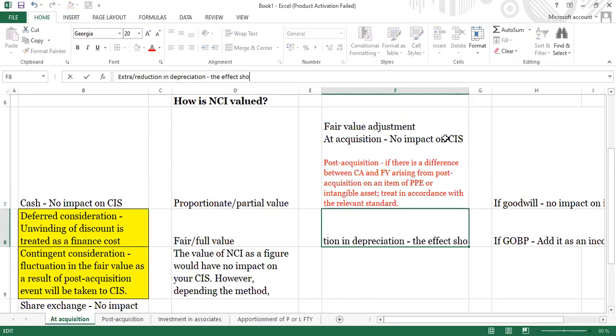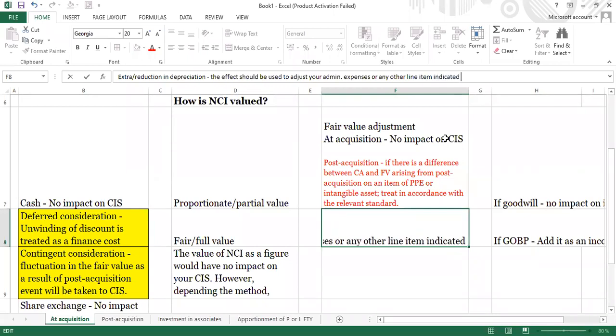The effect should be used to adjust your cost of sales or admin expenses. Let's just make it admin expenses to make it a little closer to practice. So adjust your admin expenses or any other line item